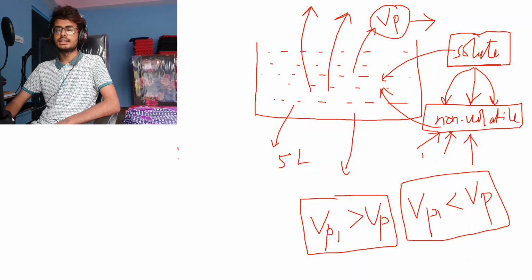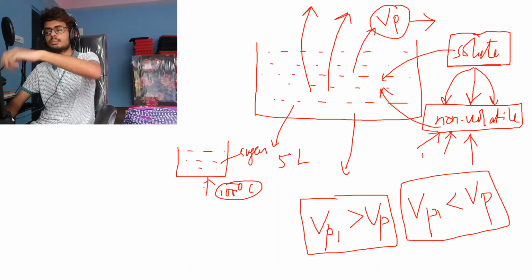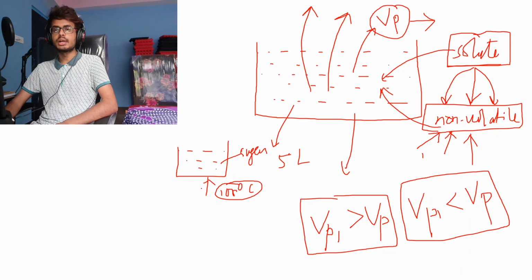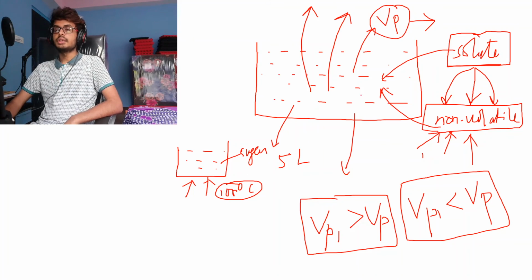Because we know that if I have a container with water, and this water boils at 100 degrees Celsius, now when I add sugar to it, it will boil at a temperature above 100 degrees Celsius, right? When you prepare tea, the water, after putting in all the tea leaves, boils at a higher temperature. It takes more time to boil than normal pure water, right? So when you add solutes which are non-volatile, that will subsequently decrease the vapor pressure.